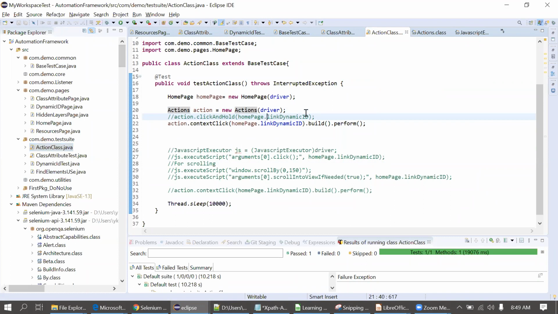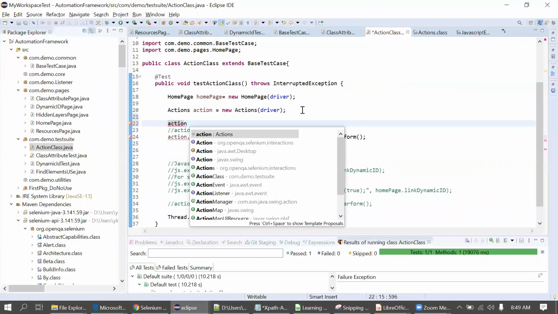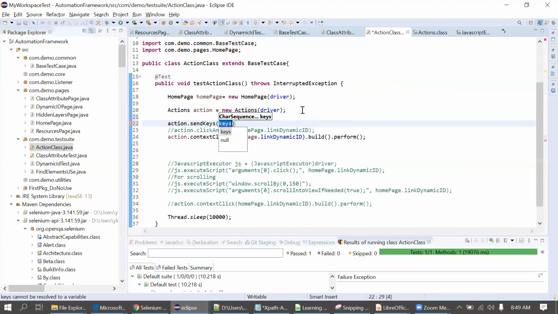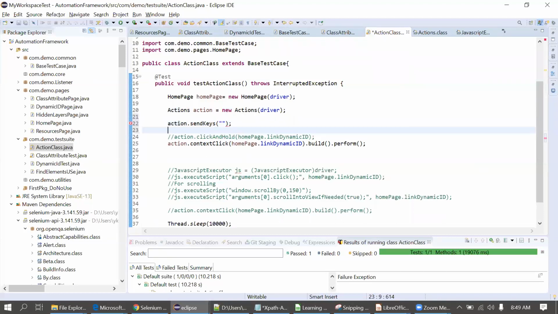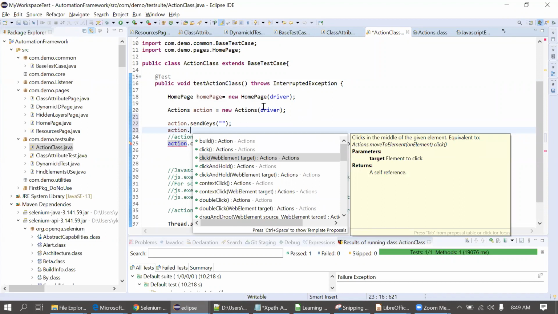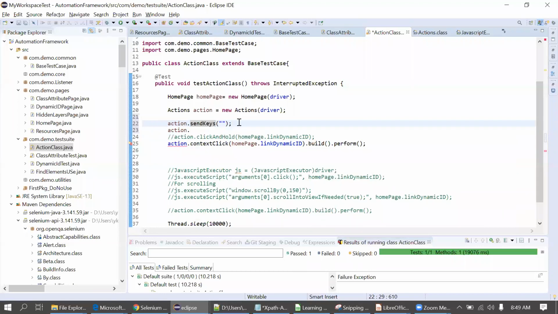Suppose now you can see I'm just putting some methods here which are present in the Actions class. Action dot sendKeys. Just putting some blank values to avoid the error. Can we give the normal keys in the normal way? We pass the values in sendKeys. Yes, we pass the first name through sendKeys. Correct? Right.